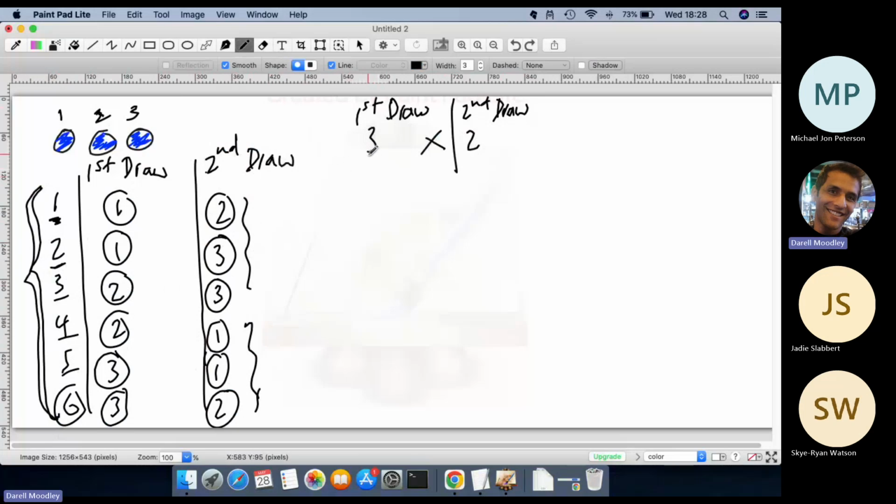So if there are 3 possible ways of doing one thing and 2 possible ways of doing another thing, then the total number of possible ways is 3 times 2. And that applies to anything, okay? If there's 10 possibilities of doing one thing and there's 20 possibilities of doing another thing, altogether there's 10 times 20 possible ways. So in the exact same way here,